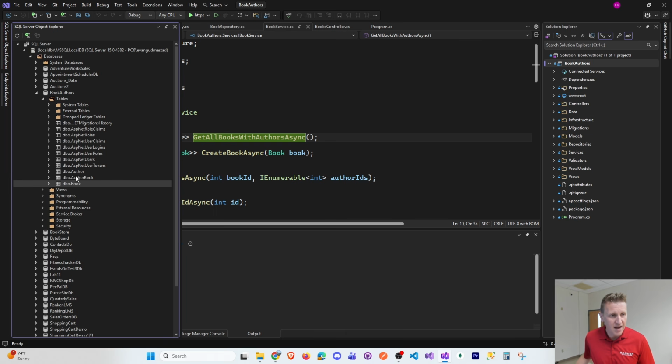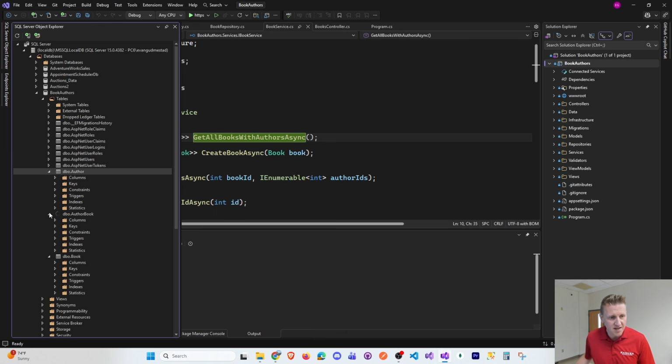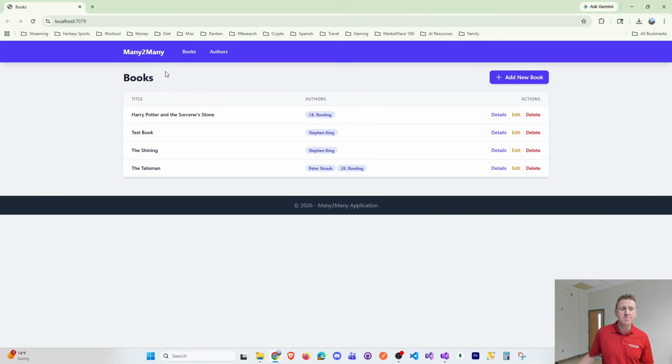And we have identity systems, so we can log in to this application. But really what's behind here is we've got a book table, we've got an author table, and we've got the join table, the author book table. And so we start this application from scratch. We set up the database. We seed some authors and we seed some books for the data in our database. And then we build this application